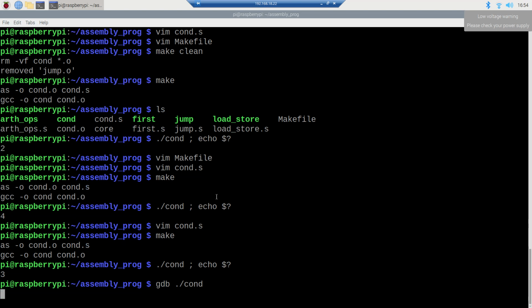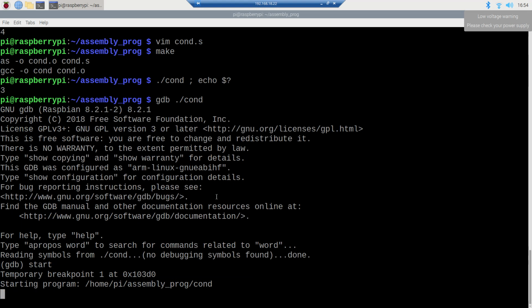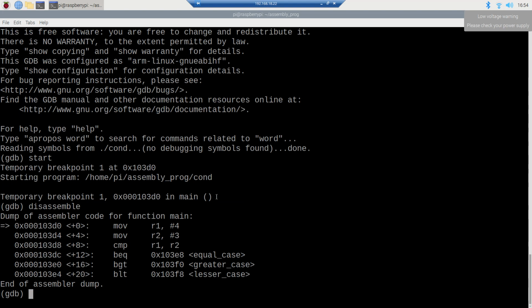gdb ./font. Alright, so I can say start, and disassemble C. Okay, which values do we have here? Alright, so this is the instruction. You can see these first